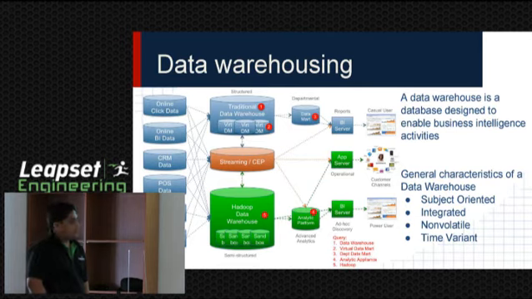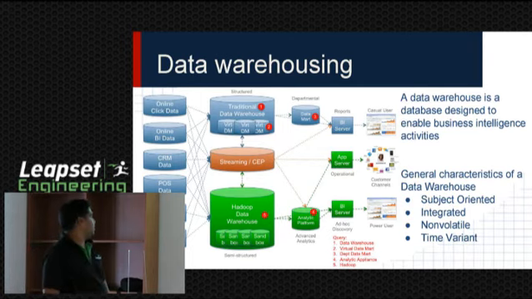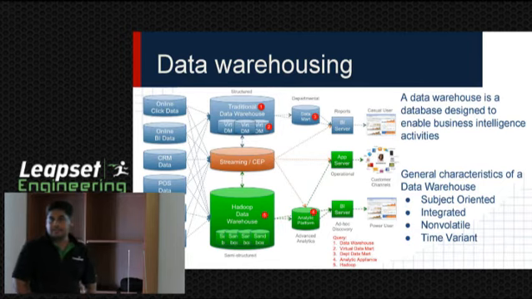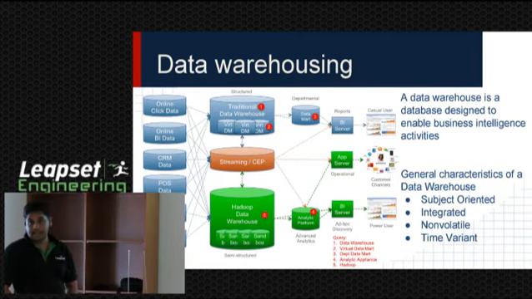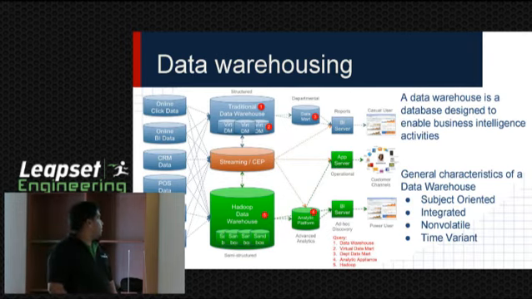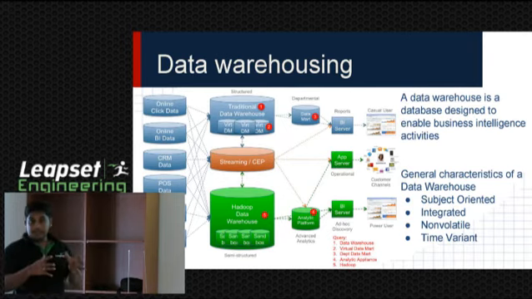So if we identified or realized that there is some other data which we collected that can be used in the future for the particular subject, then we should be able to capture all those things. And then integrated. What does integrated mean? We are getting different legacy data sources, and we are putting everything into a single data source as a data warehouse. So while we are putting everything in a single point, we have to maintain some standards.